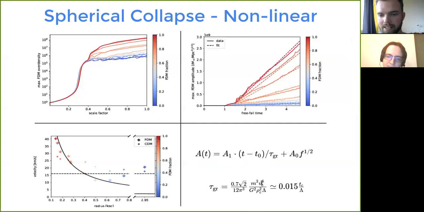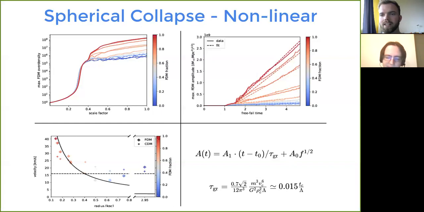And putting in the soliton velocity and the central density, we get a typical soliton time, and we see this linear increase over soliton time. And we see that for more fuzzy dark matter, this time scale is shorter, therefore